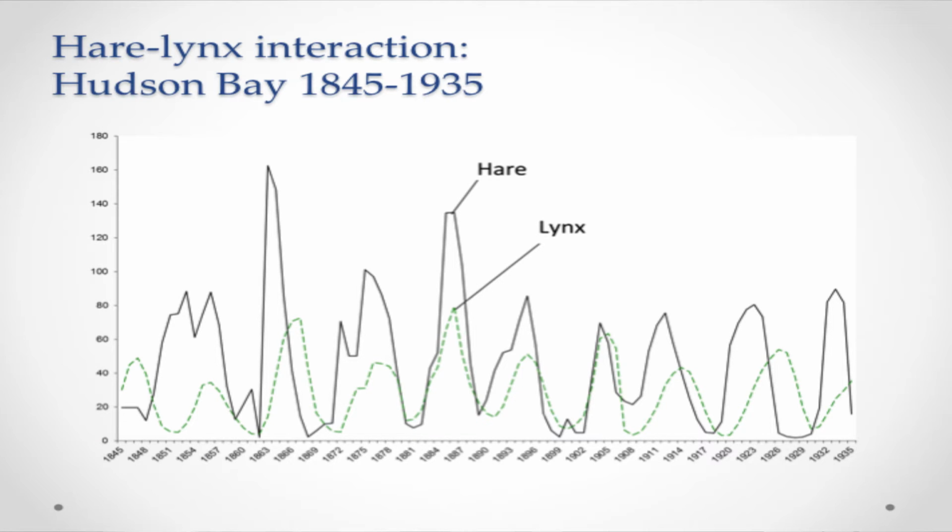Now, two Italian mathematicians were engaged in this problem, and they came up with a model which is now referred to as the Lotka-Volterra model, from the name of these two mathematicians. And the somewhat surprising result was that if you make some very simple assumptions about the behavior of the predator population and the prey population, you get these oscillations as an immediate result.